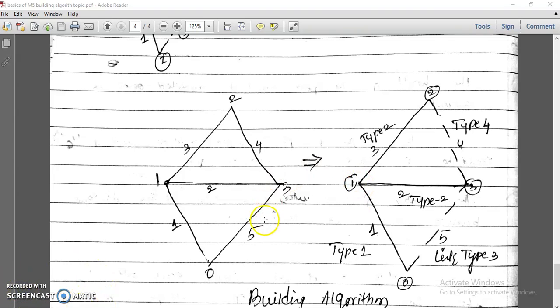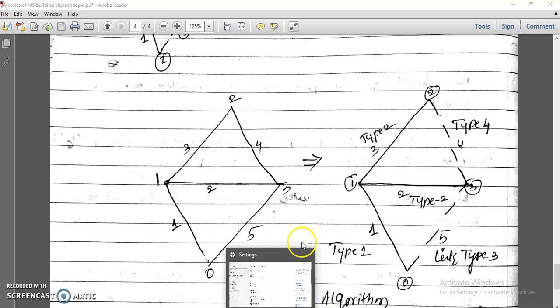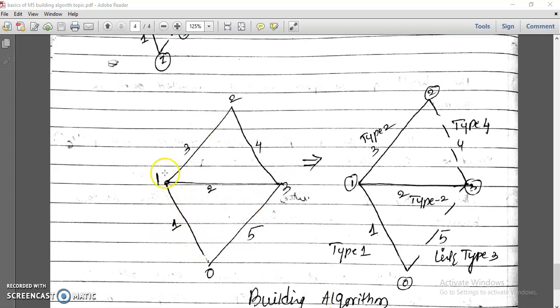Okay, so now this is all about the building algorithm. In the building algorithm, there are a total of 4 modifications: Type 1 and Type 2 for branches, Type 3 and Type 4 for links. This is just basic, but now using this you have to form the Z bus of the individual elements. Total 5 elements will be there, then you will get the matrix. You can check the answer by the inspection method also. Total how many nodes are here? Total 4. If you remove the reference it will be a 3 cross 3 matrix.